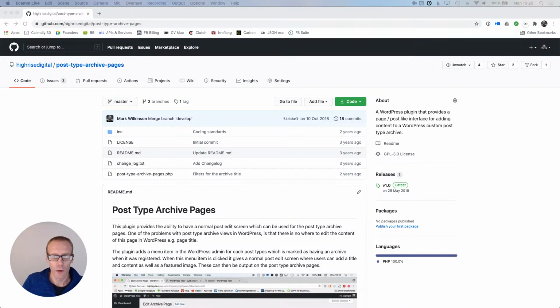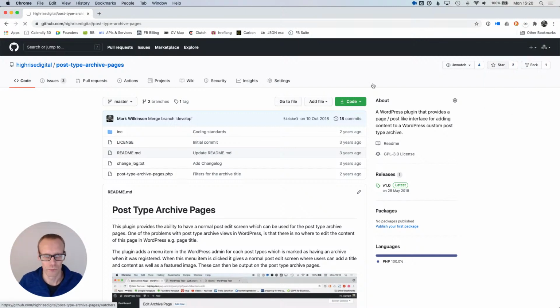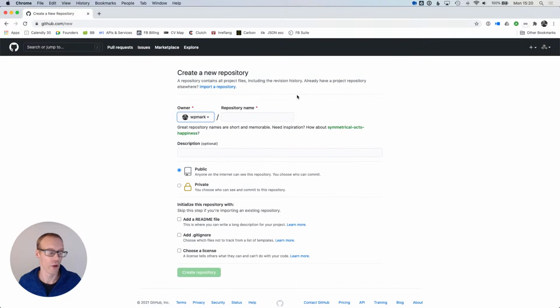So the first thing I'm going to do is create a new repository. I'm in my GitHub account and I'm going to click on the plus button and go new repository, because obviously I always version control all the code. That's the plan. And I'm going to put it in the high-rise version, and we're going to call it, this is going to be the name for our plugin, Editable Archive